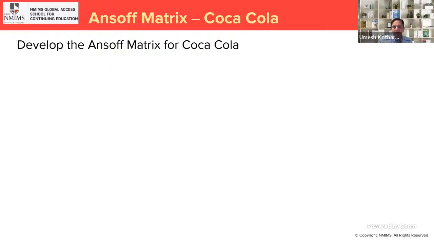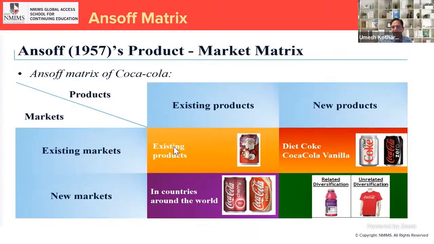So just some examples of Ansoff's matrix. Coca-Cola, at the global level, has Diet Coke and Coke Vanilla as its new products. Even Coke Zero, which it introduced as a new product, wasn't there earlier. It's the diet variant. And in terms of an existing market, an existing product is your regular Coke that it is selling. New markets with existing products, it is expanding to different countries of the world with its Coke Vanilla and Coke